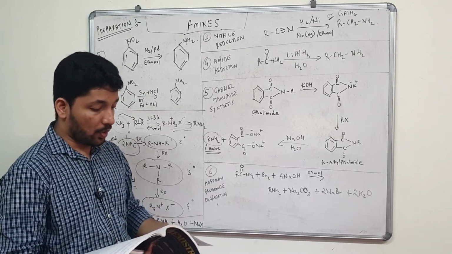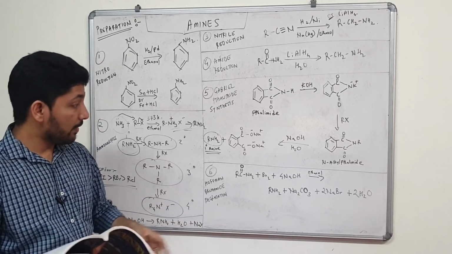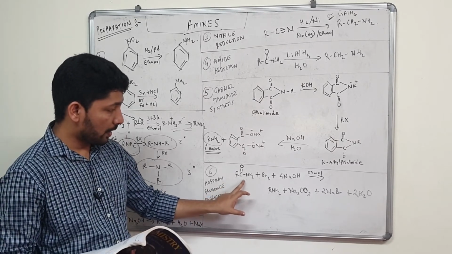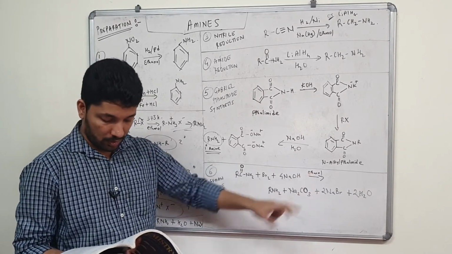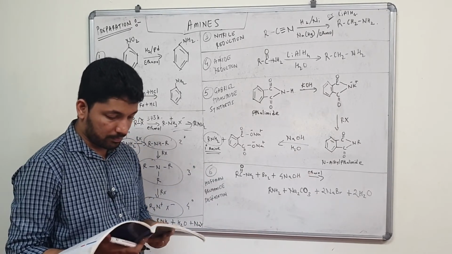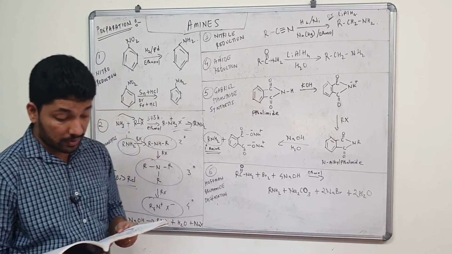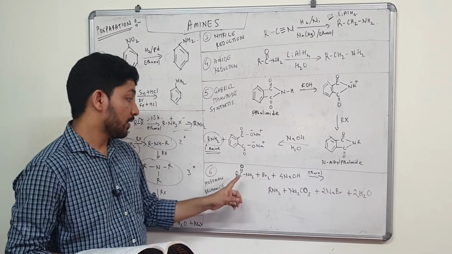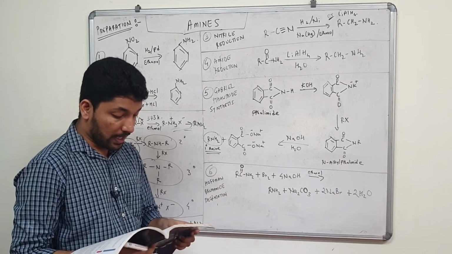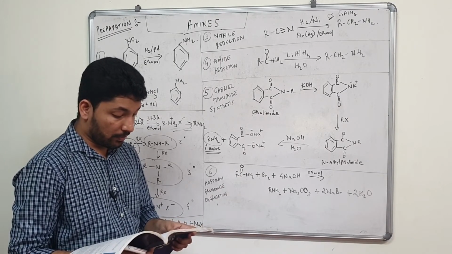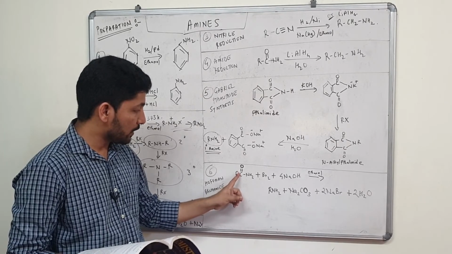And the last one is the Hofmann bromamide reaction. In Hofmann bromamide, you use an amide again. Starting product is amide, bromine and NaOH in ethanol. These are the starting reactants. Migration of an alkyl or aryl group takes place from the carbon of the amide to nitrogen. So the alkyl or aryl group of the carbonyl carbon goes from the amide to the nitrogen atom. So this R goes from carbonyl to nitrogen.